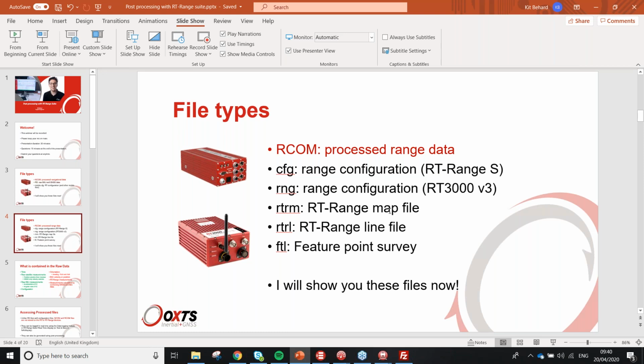So if you are looking for lane measurements, you will need to have pre-surveyed those lanes and created a map file and put that on the unit as well. And also maybe a feature point file as well if you have pre-surveyed some feature point targets that you want to measure to. And then finally,